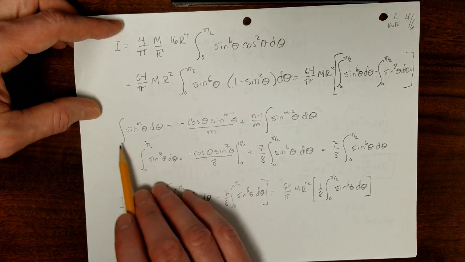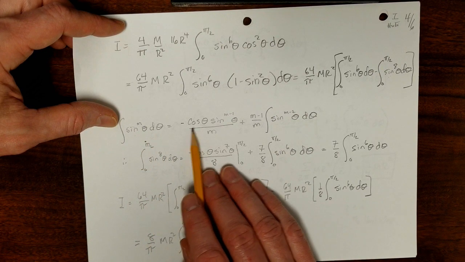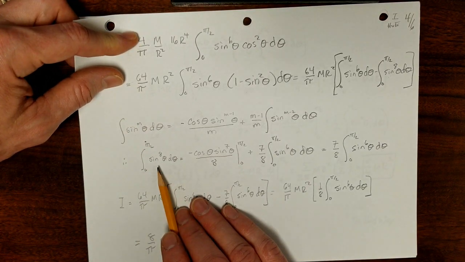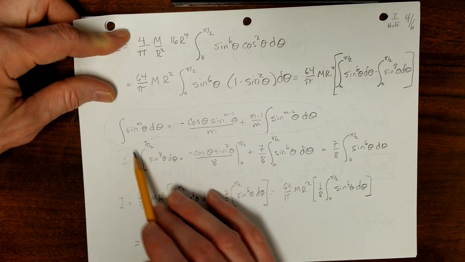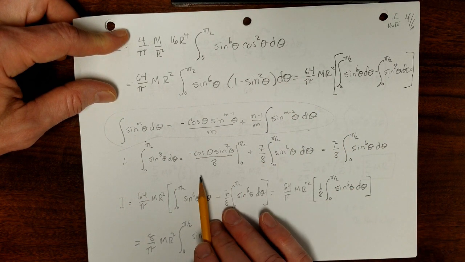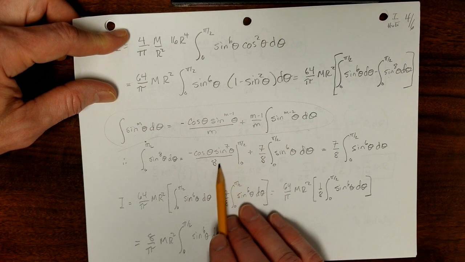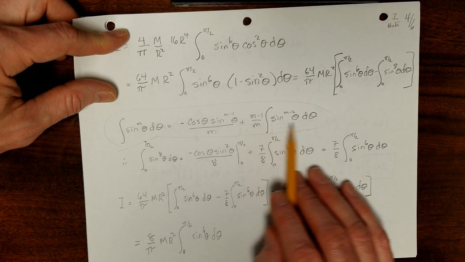This is something I looked up: the integral of sine to the mth power theta d theta is equal to that. So if I look at sine to the 8th power, I just plug it into this formula that I looked up. Don't feel like you have to reinvent the wheel in physics. The math's already been done for us. We have negative cosine theta sine to the 7th theta over 8 with those limits, plus 7/8, again, just following